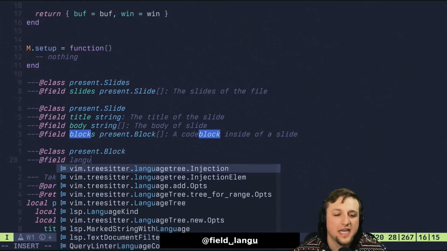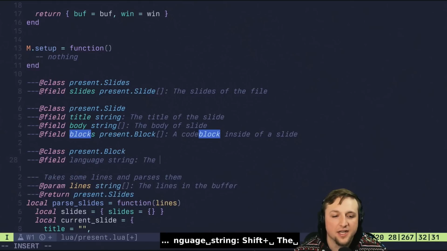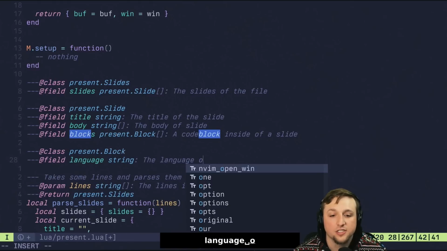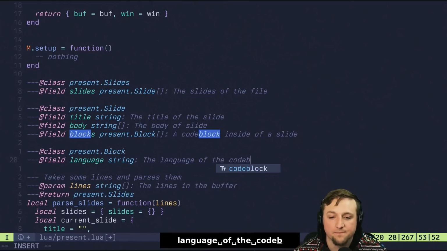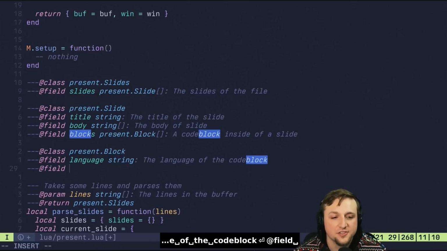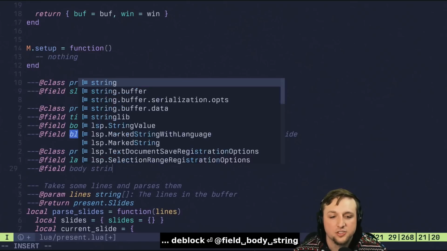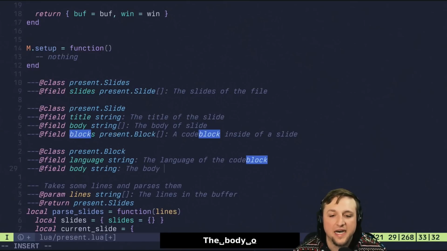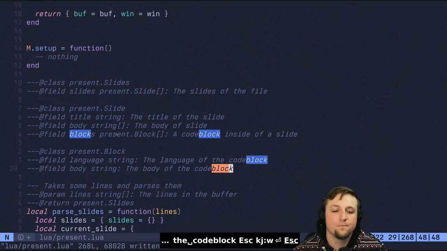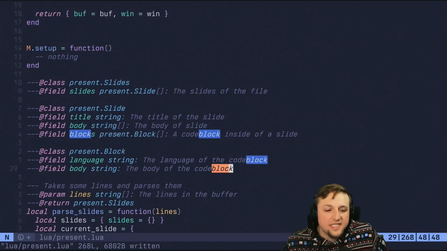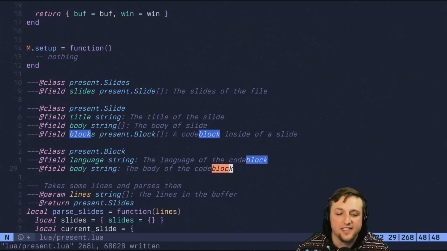So let's say language is a string, the language of the code block, right? And then now we can also have a field, body string, and that's going to be the body of the code block. So we actually don't need to, if we think about doing it this way,